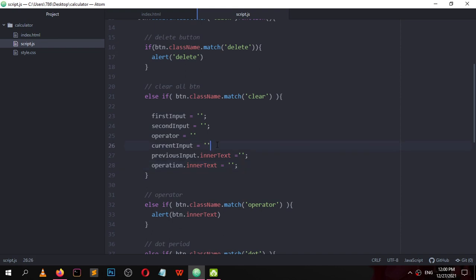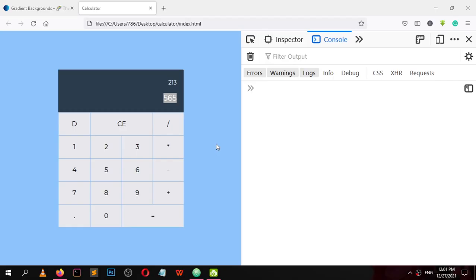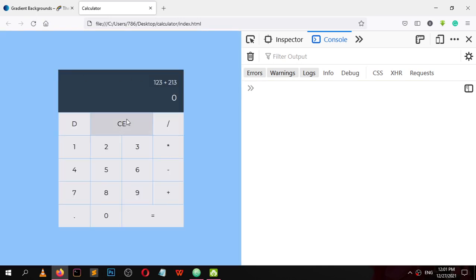So first let me change result.innerText equal to 0, it will always show 0. One, two, three, clear. It comes to 0. The previous input and the operator are gone. Now the last thing that remains is this.